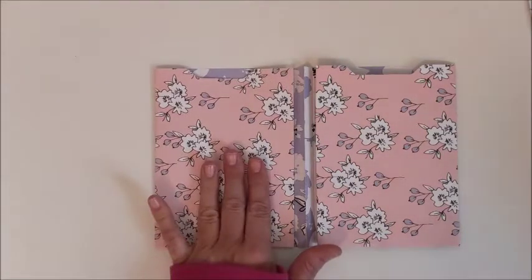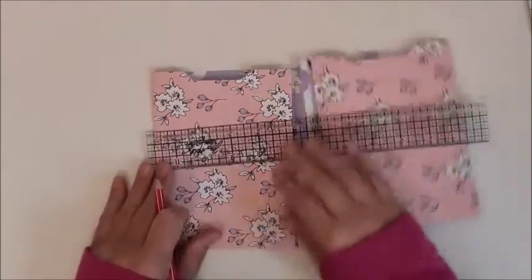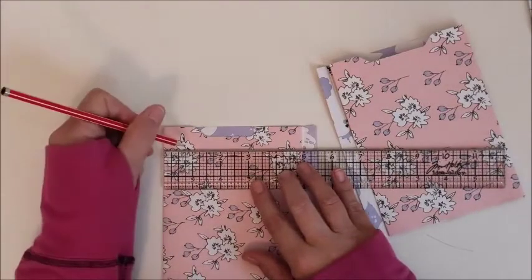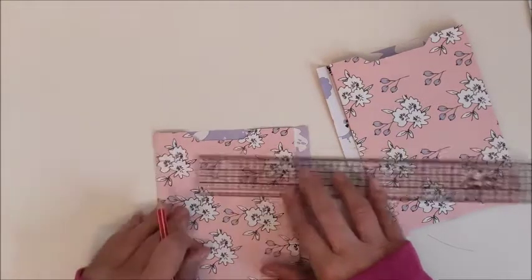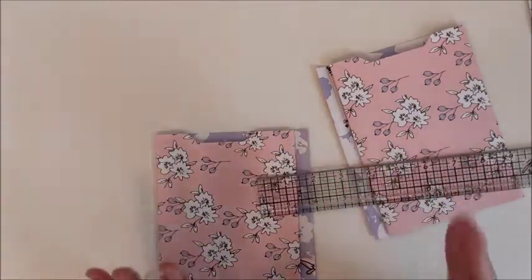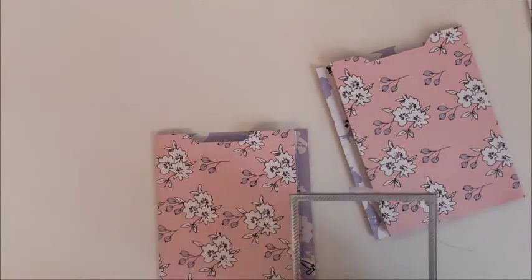You can measure it on your paper trimmer. You could measure it out with your ruler and come in. It depends on how high you want it. You can come in, just say 3/4 of an inch on either side, and then mark it all around to get your square. For me, for argument's sake, I'm going to use one of my dies, and this is a